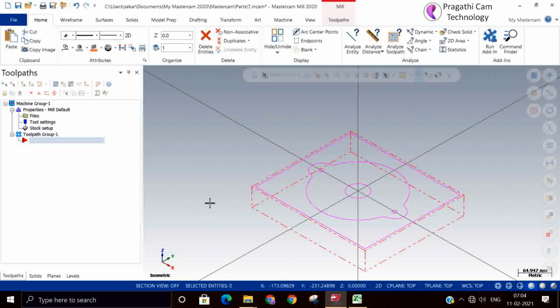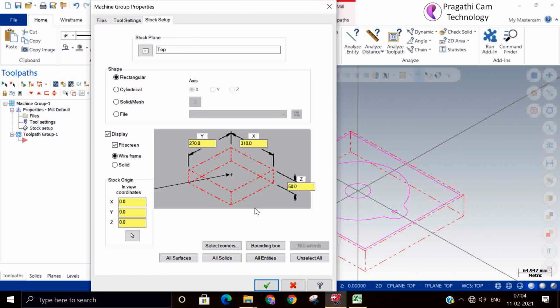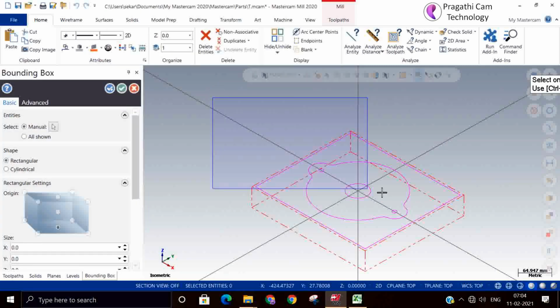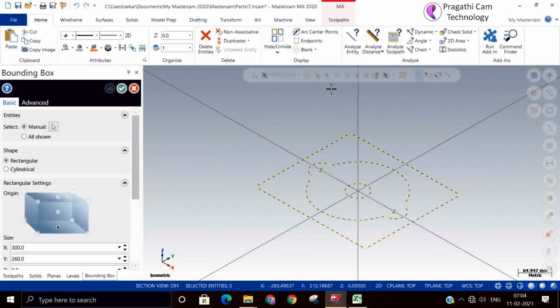Suppose the edges, if you want to correct it, you can correct it by adding some material. You can have one more option called the bounding box. If the 3D model bounding box works well, otherwise in 2D you can get the maximum extremity of X and Y axis.